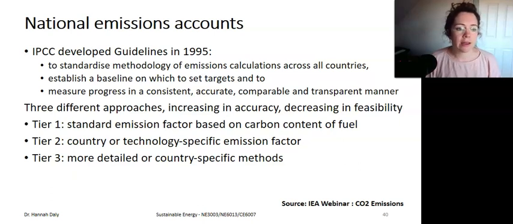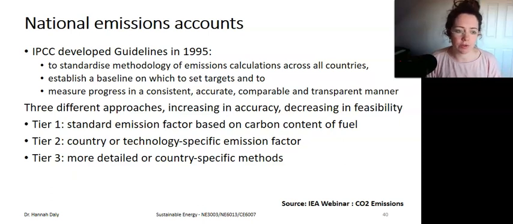The guidelines show three different approaches that we can take. These are three tiers of emissions accounting methodologies. They increase in accuracy, but they also increase in complexity and data requirements. So that means they decrease in feasibility. The first tier is the most basic, maybe the least accurate, but also the most feasible, so as to standardize accounts